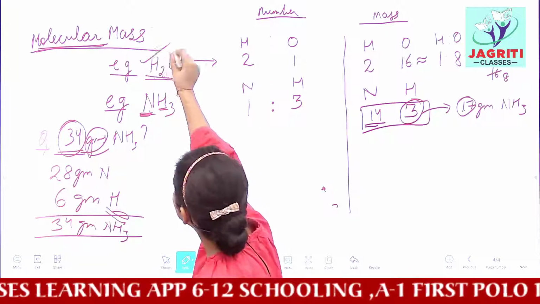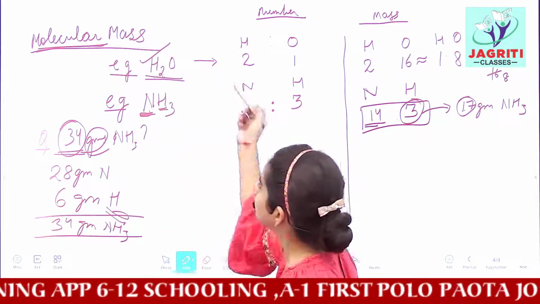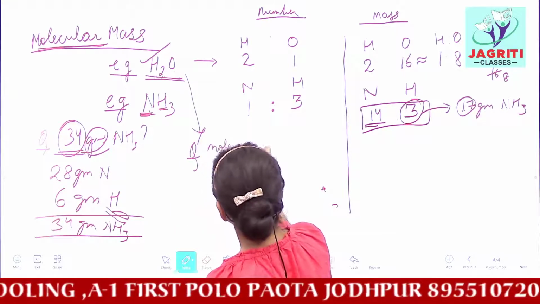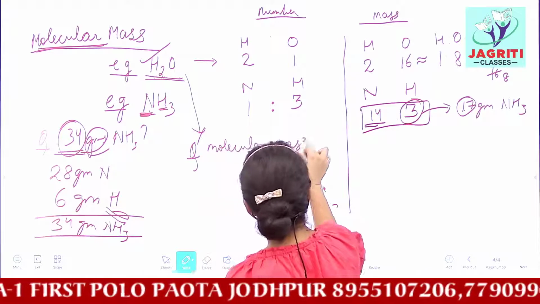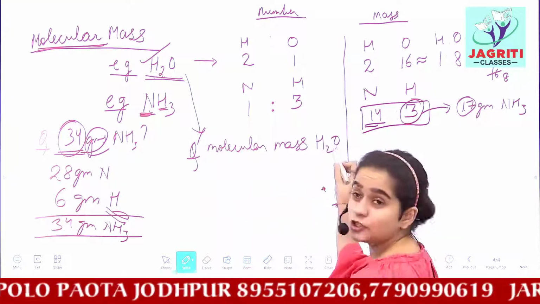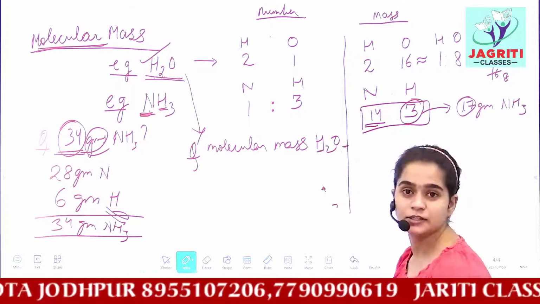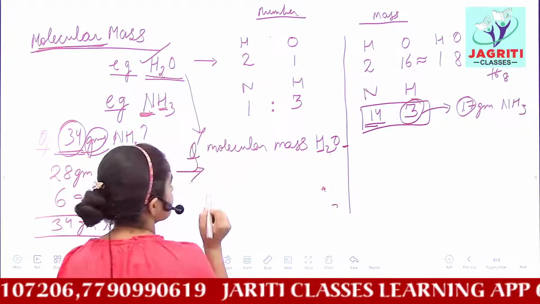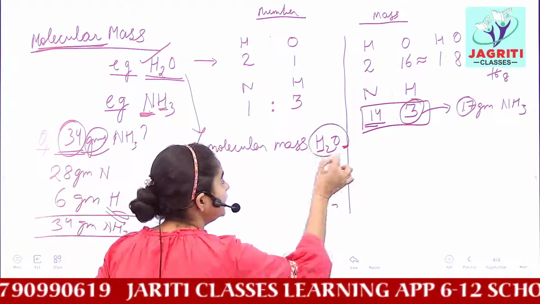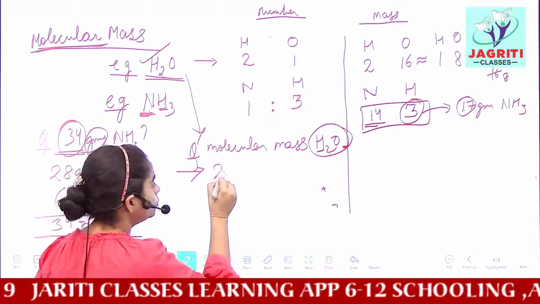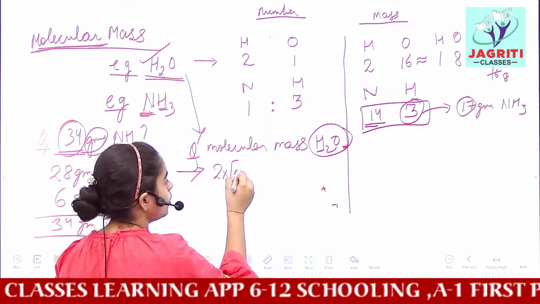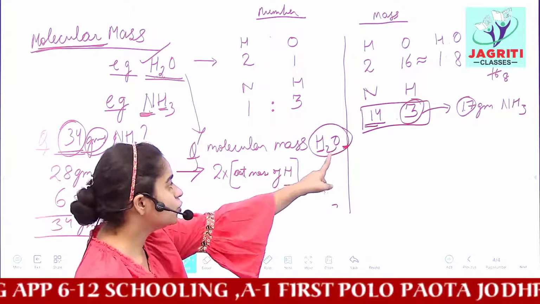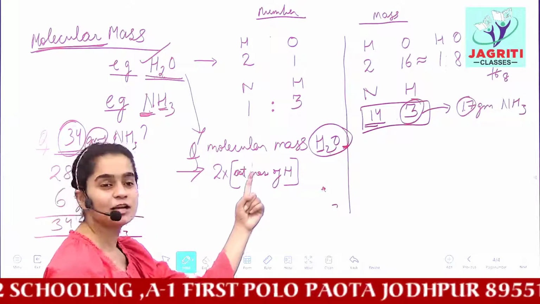Like find the molecular mass of water. Then the molecular mass of water will be what? Let's see. To find the molecular mass of water, how will you find it? We have two kinds of atoms here, hydrogen and oxygen. And hydrogen is how much in amount? There are 2 atoms of hydrogen. So how to solve this? For finding the molecular mass of the complete water molecule, you have 2 into the atomic mass of hydrogen.